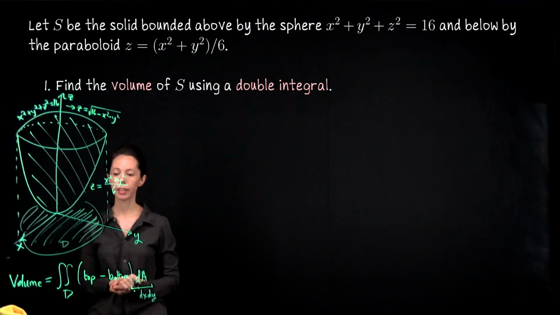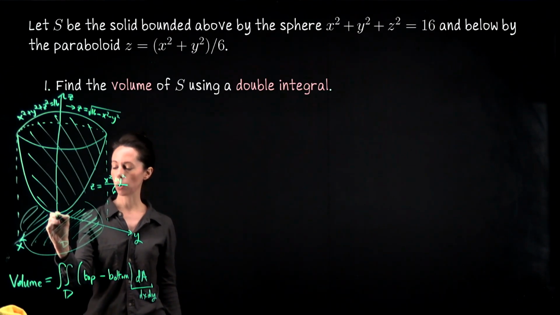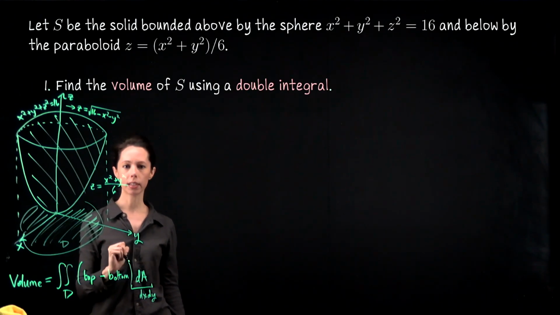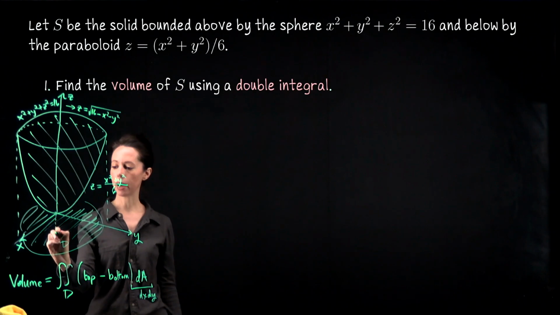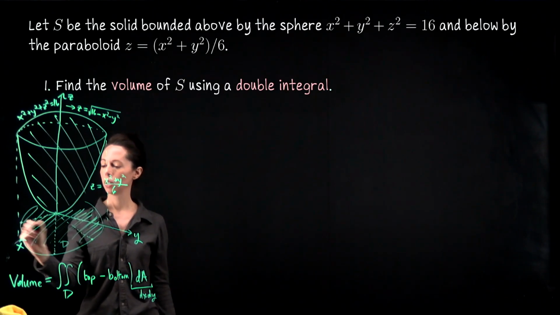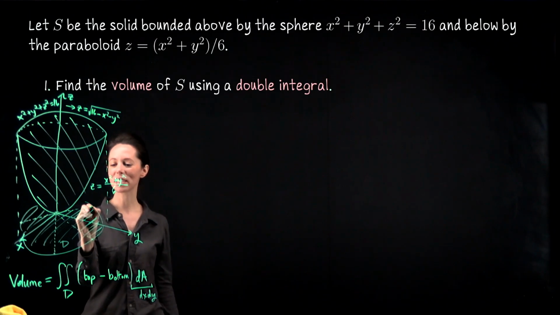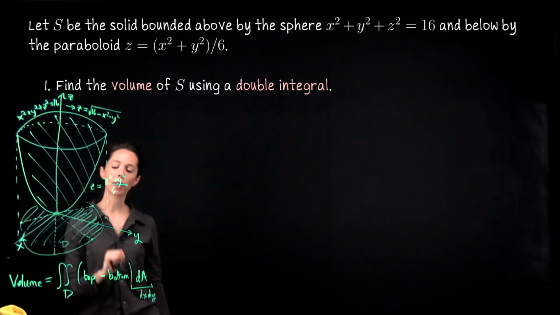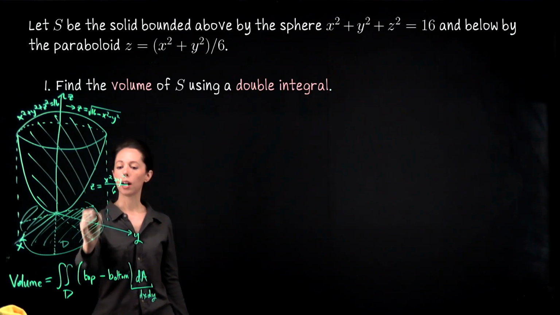Okay, so what are the correct bounds for r and theta? For r, what I'm going to imagine doing is starting at the center of the disk. So we have this disk that we're integrating over. Radiate outwards until you get to the edge. The journey is the same each time. So in all cases, when we radiate outwards from the center of this disk to the edge, we're starting at a radial coordinate of 0, that is in the region of integration,